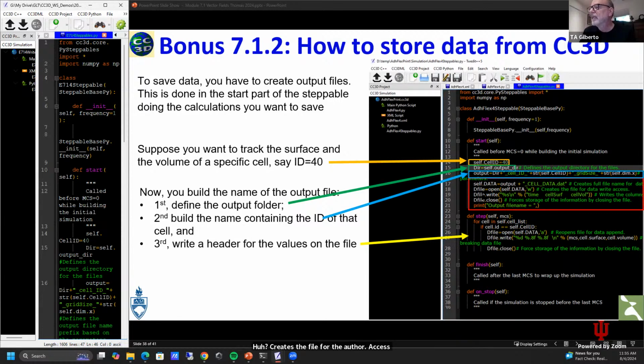And in this line here, I am writing a line with the header of the output. I'm saying that the columns inside this data file are time, cell surface, and cell volume. And I close it. Why do I close it? Because I want this data to be immediately stored in your hard drive. If you keep your file open, the computer will decide when it closes or when it stores some information in your hard drive,